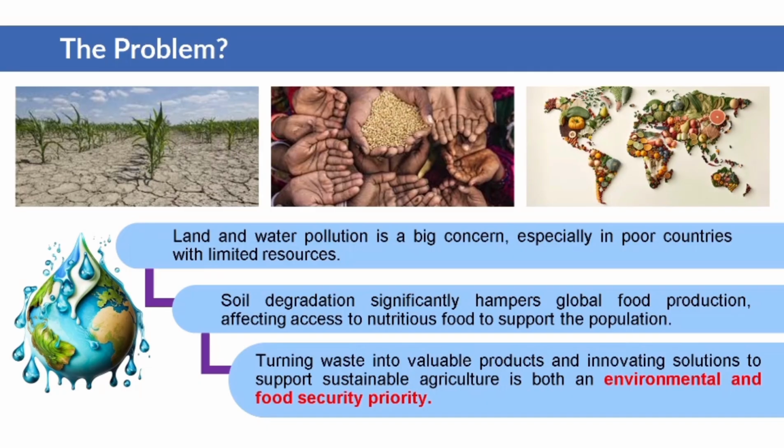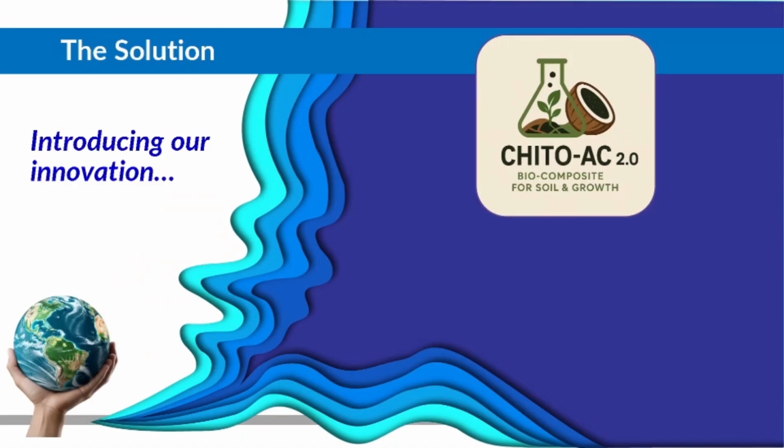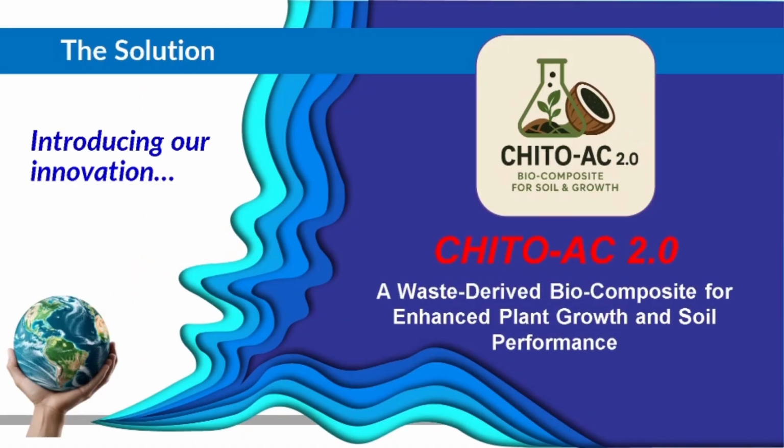Water pollution is a big concern, especially in poor countries with limited water treatment facilities. Not only does it make it harder to access clean drinking water, but it also affects the water needed to grow food. Water is a limited resource. As the world's population grows, the demand for water will increase, making water use in agriculture both an environmental and food security issue. Hence, I have come up with a solution to this problem, introducing my idea and innovation, Chito-AC